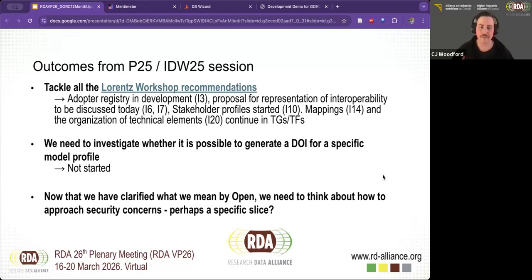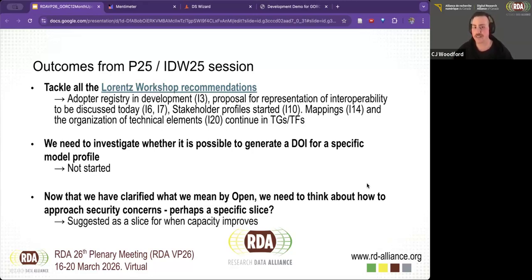And then lastly, clarify what we mean by open. The meaning of each word in the GORC acronym was kind of outlaid in the workshop recommendations, but we also want to encapsulate approaching security concerns. And if that maybe is done through something else, like a different output, like a slice.